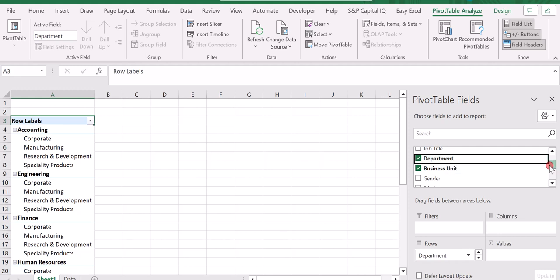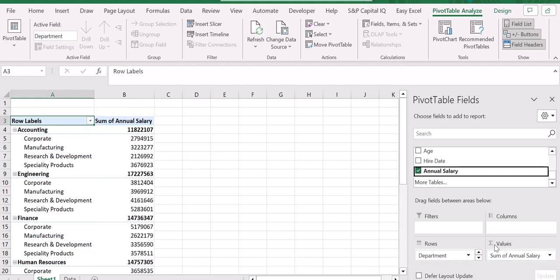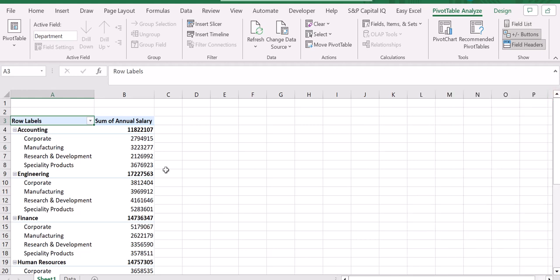if I want to see the values, I just had to select the annual salary field and drag it to the values square, let's say, because here I have 4 options. I can put something as a filter, as a column, as a row, or as a value. I can close here the pivot table fields, and then in order to format this pivot table properly, what I